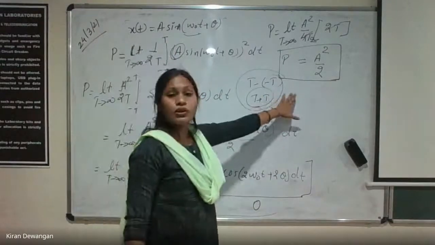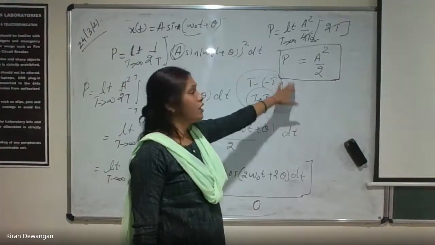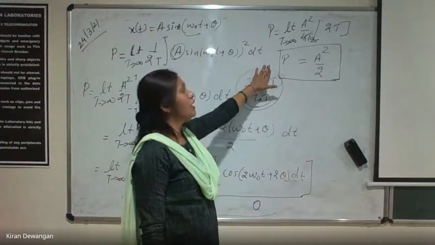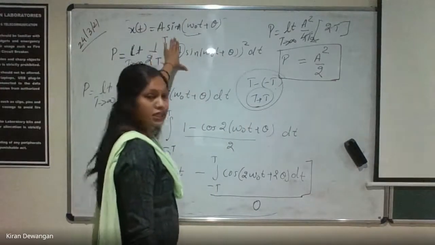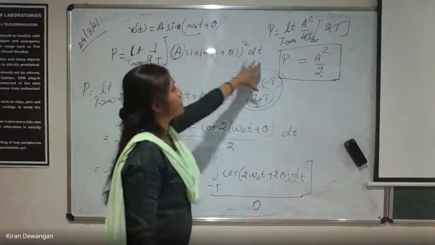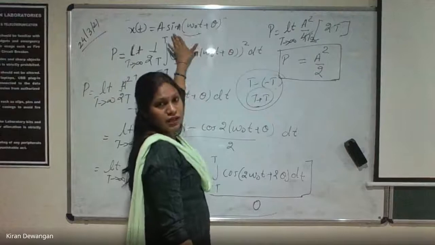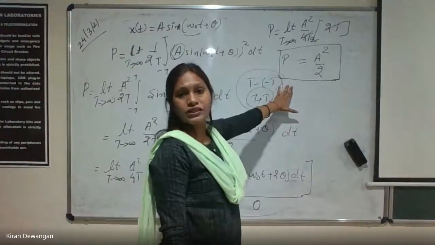For power signal, what should be the energy? Energy should be an infinite value. ठीक है? Now if it is satisfying both the conditions, then we can say that it's a power signal. And always this is periodic, तो ये power signal होगा और इसकी power की value A square by 2 होगी. ठीक है? Cos भी similar रहता है. Cos के condition में भी the power value is always A square by 2.